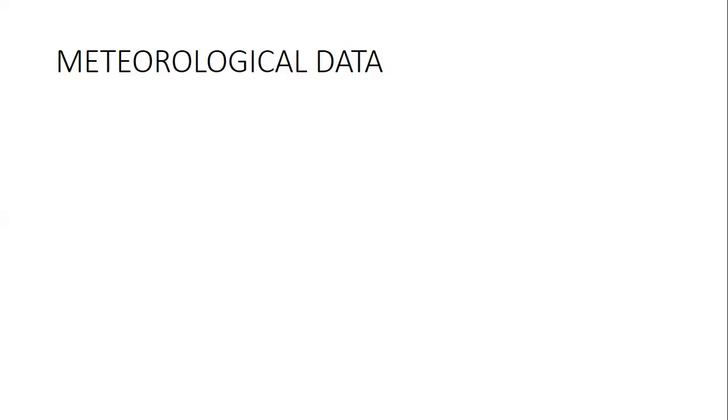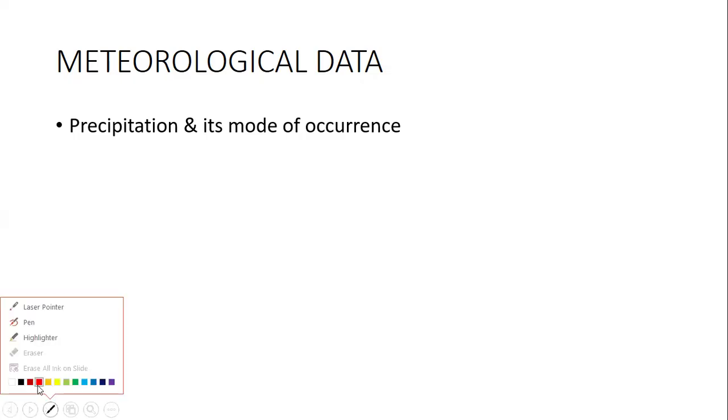As far as meteorological data is concerned, we all have studied about it in our school time or in our primary years. The first meteorological data that we are going to cover is precipitation and its mode of occurrence. In the last class, we have already seen that there are many types of precipitation. Whenever we study something related to meteorology or hydrology, the first and most important thing that one needs to remember is the basic equation of